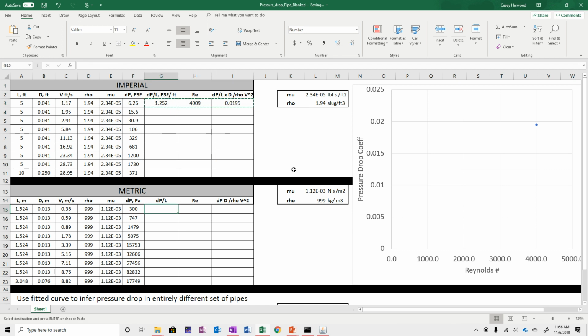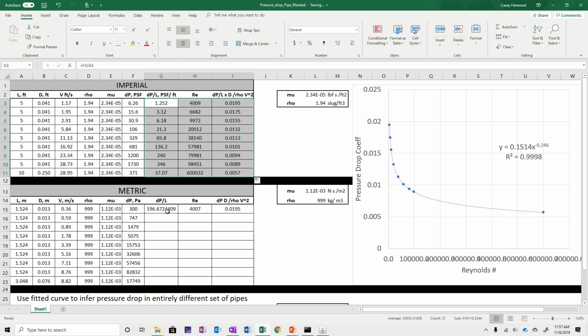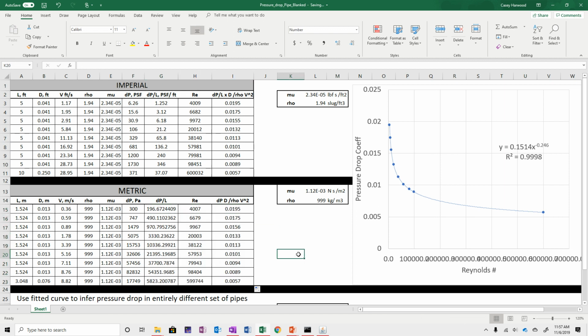And we'll go ahead and compute these separately in the metric table over here as well. So let's go ahead and drag these down. Okay, so note this shouldn't be a surprise, but